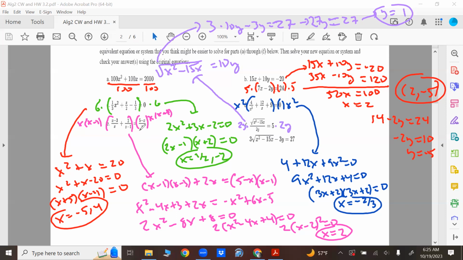Then if I multiply (5 minus x) over x by x times (x minus 1), because you've got to do everything when you're multiplying the LCD by all sides, the x's cancel. 5 minus x times x minus 1, FOIL that out, get that. And then just combine like terms and factor and pull the 2 out and you're good. And that's also a perfect square trinomial. So you get that. And then lastly for F, I'm trying to demystify